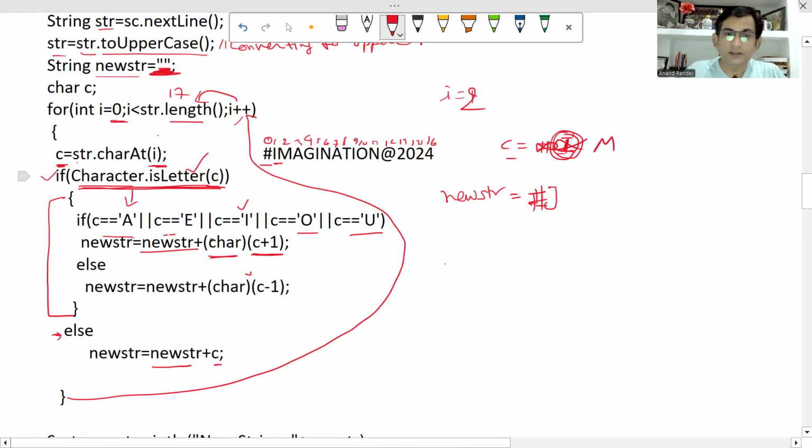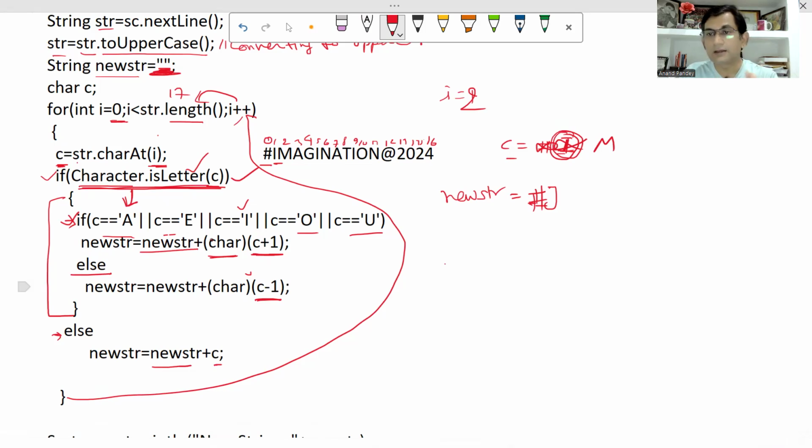Character dot isLetter, condition 2. This condition is true. So it will come inside, and whether it is a vowel? No, it is not a vowel. So this condition will also be false. It will go for else. Then what to do? The same thing we are doing. We are subtracting 1 from the character. The value of C is what? Capital M. So M minus 1 means